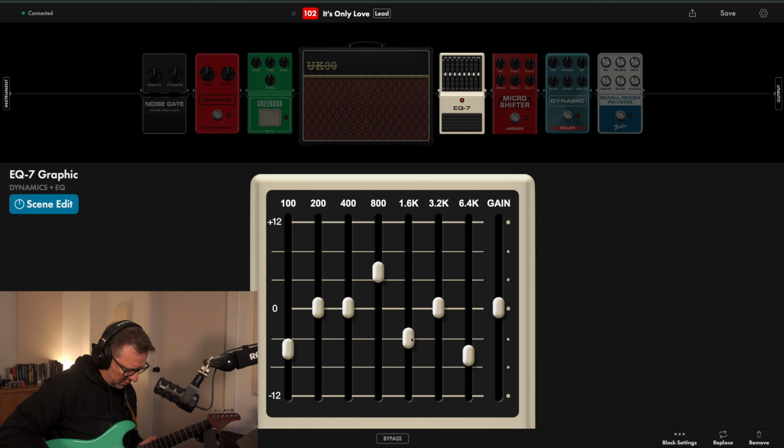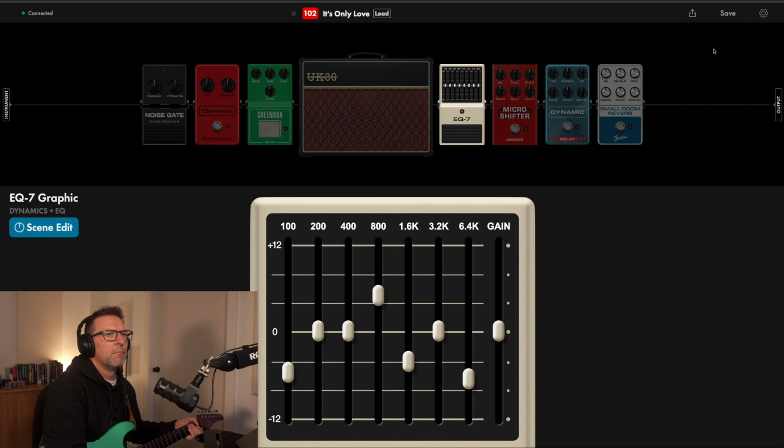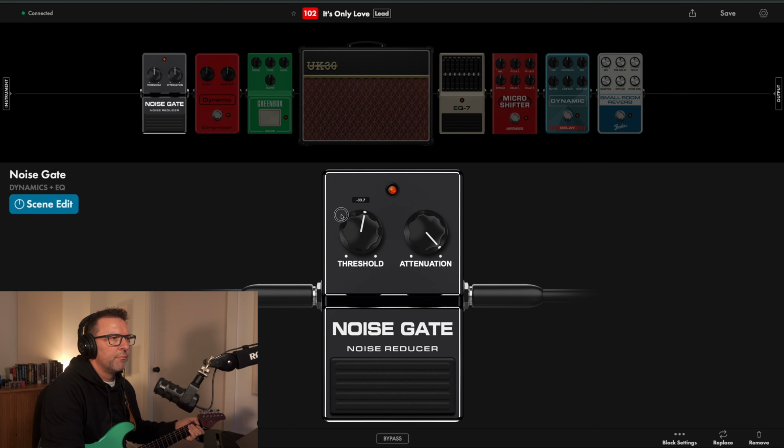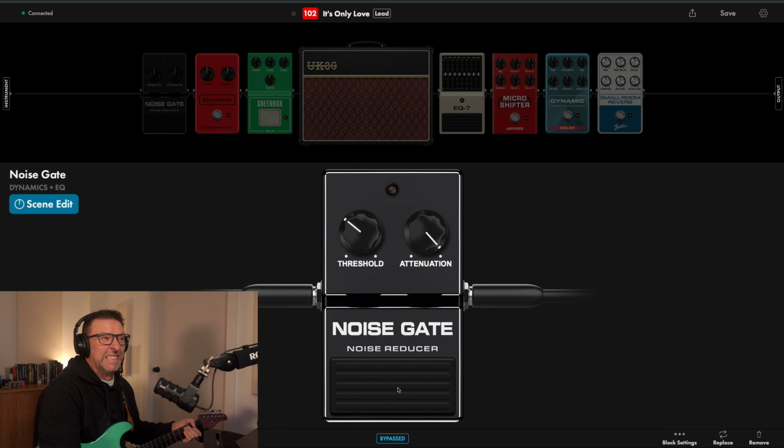Maybe I should have kept it as it was. Even this gate can't handle this amount of noise, being so close to everything. If I turn this off, I probably need the metal gate, but then I don't like the way the metal gate just chops everything.